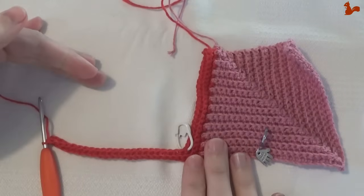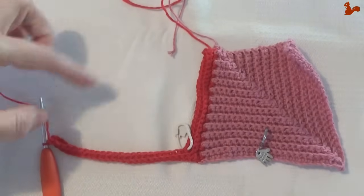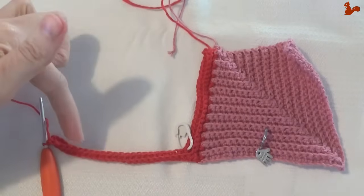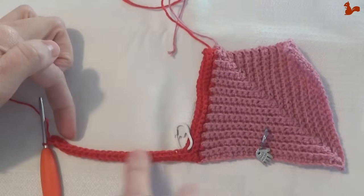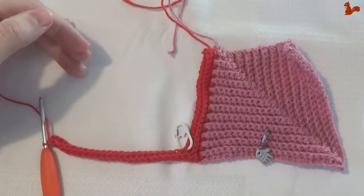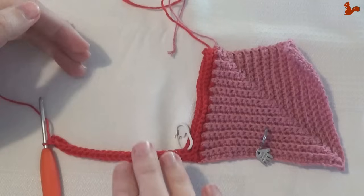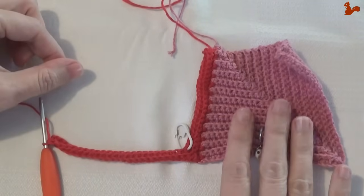And this is your work at the moment. You've done the first 2 rows of this square, and now you're going to repeat everything like you did here. So row 2, repeat that we just worked here, repeat that for row 3, 4, 5, 6 until row 24. And then I'll see you for row 25 again, but it's exactly the same as this first square up to